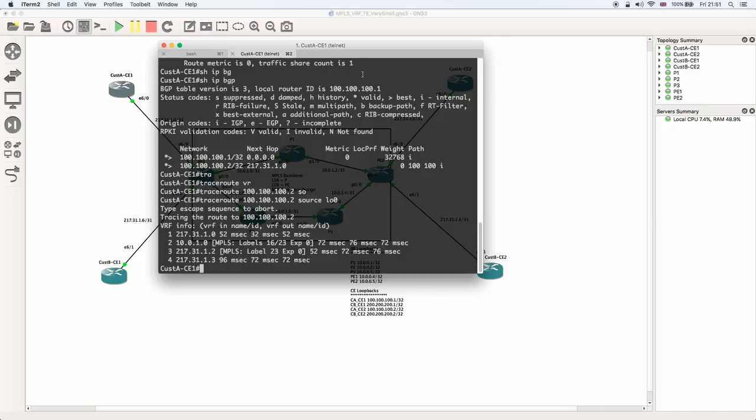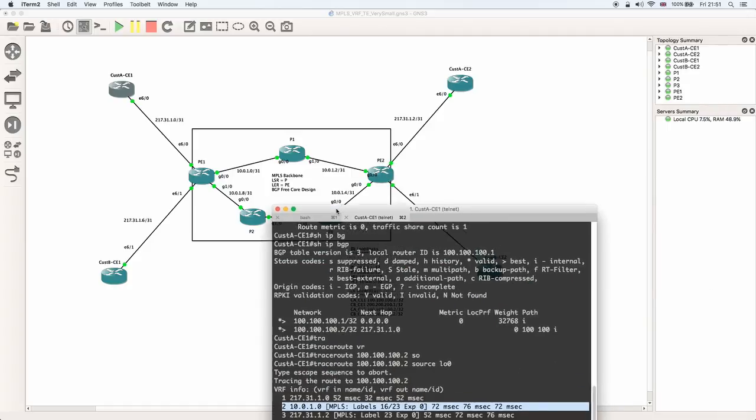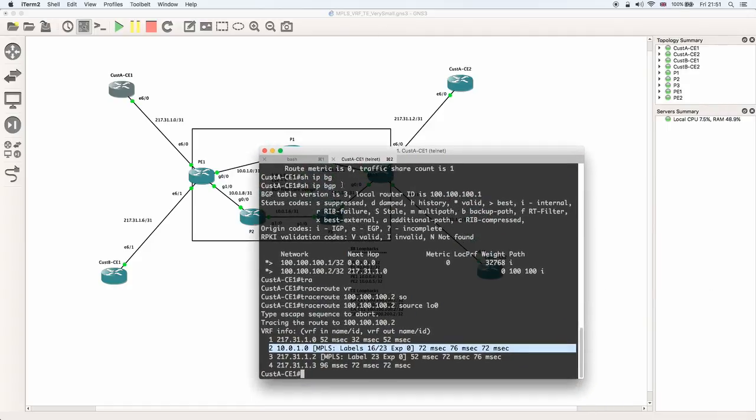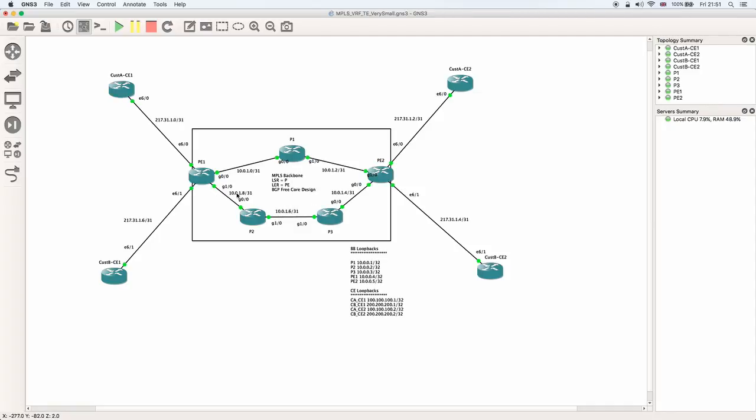So if we follow the path here, the hop to PE1 is expected, then here a hop to P1, and then we're going to PE2, and then finally traffic is being delivered to CE2 on the other end of PE2. So we want to change this using an IP explicit path to take this path here,